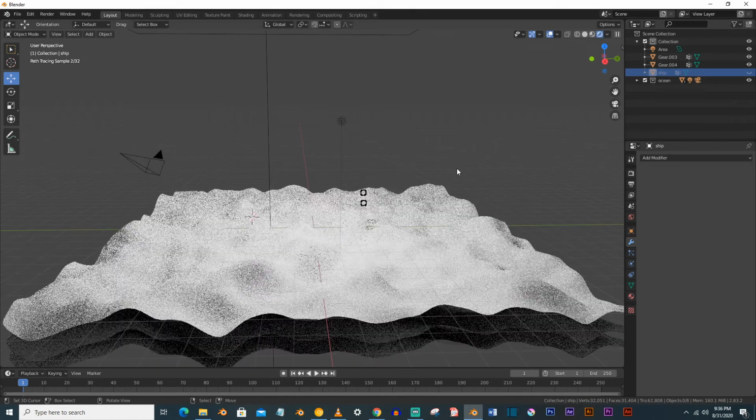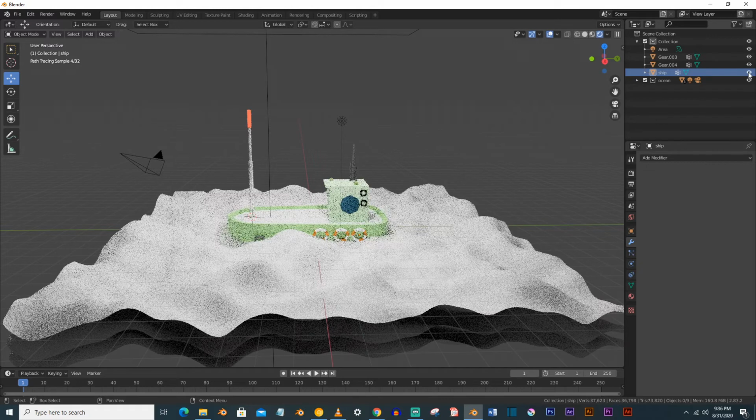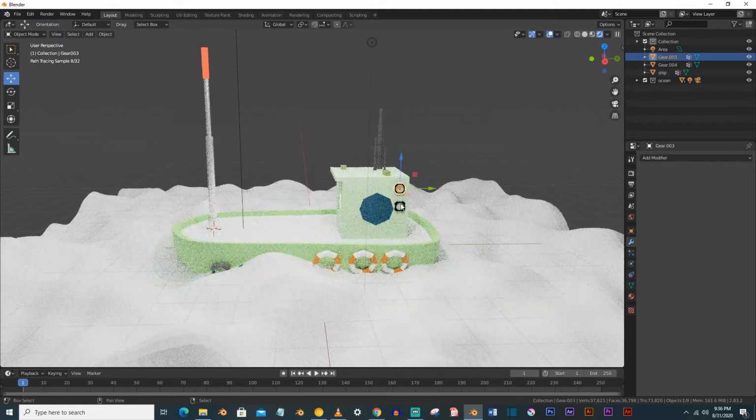Go to the ocean. I think this is our last object.